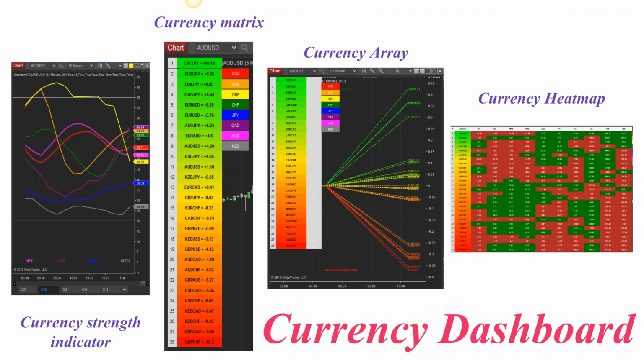So the ranking ladder, and again, you can use the ranking ladder. You can look at extremes, which is what we tend to do. We like to look at the extremes. We look at where our currencies are in the ladder themselves. Are they looking to move higher? Are they looking to move lower? Are you looking at this for overbought extremes from the top and the bottom of the ladder?